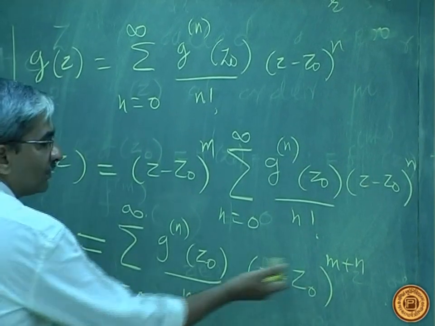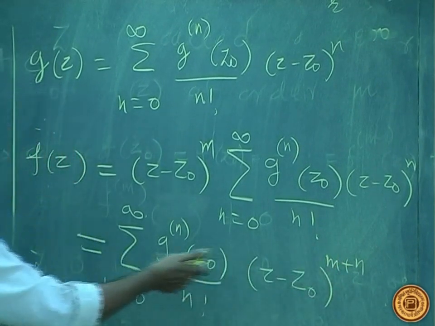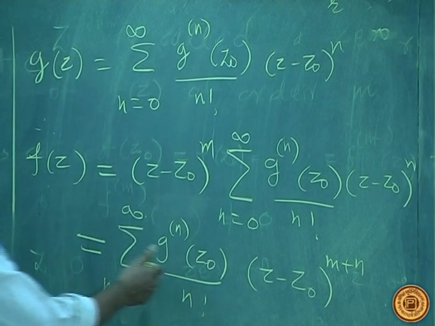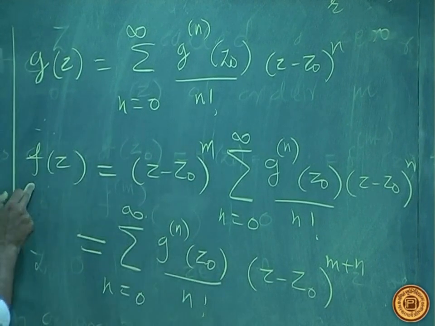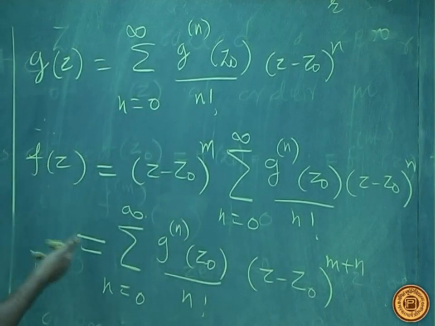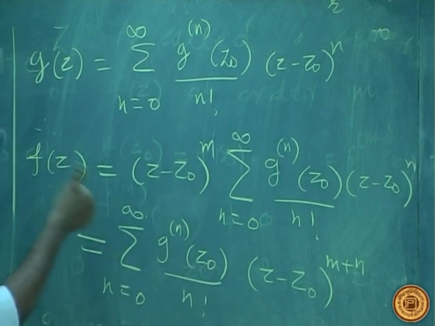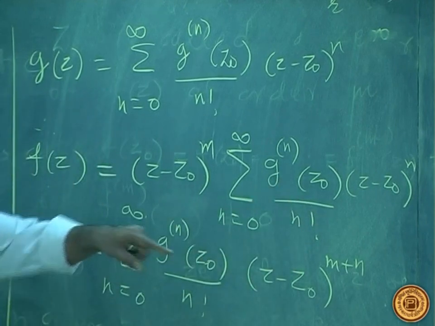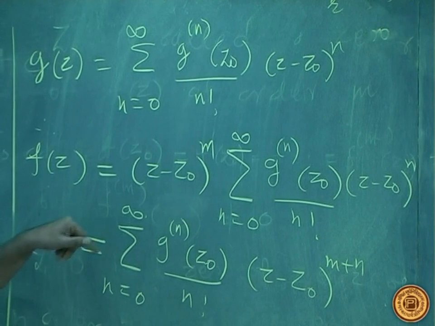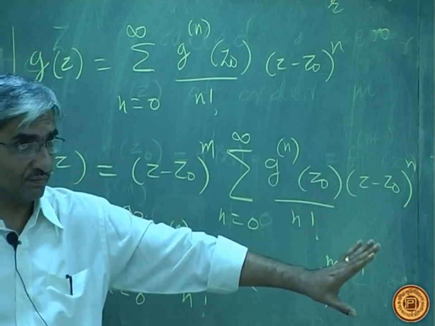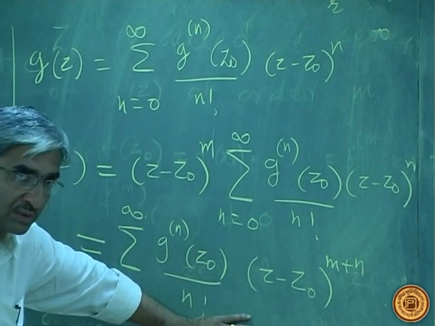Because this series of F, now that (z minus z naught) raised to m has gone inside, starts with what? (Z minus z naught) to the power m. So as a power series expansion in Z minus Z naught, the first terms, that is f(z naught), f dash z naught, f double dash z naught, are not appearing. They are 0. Since this is the Taylor series expansion,